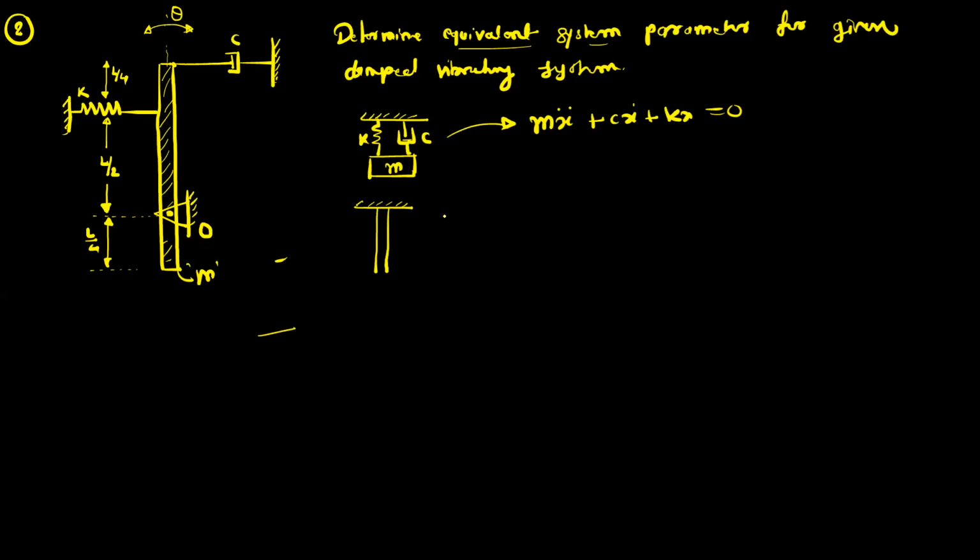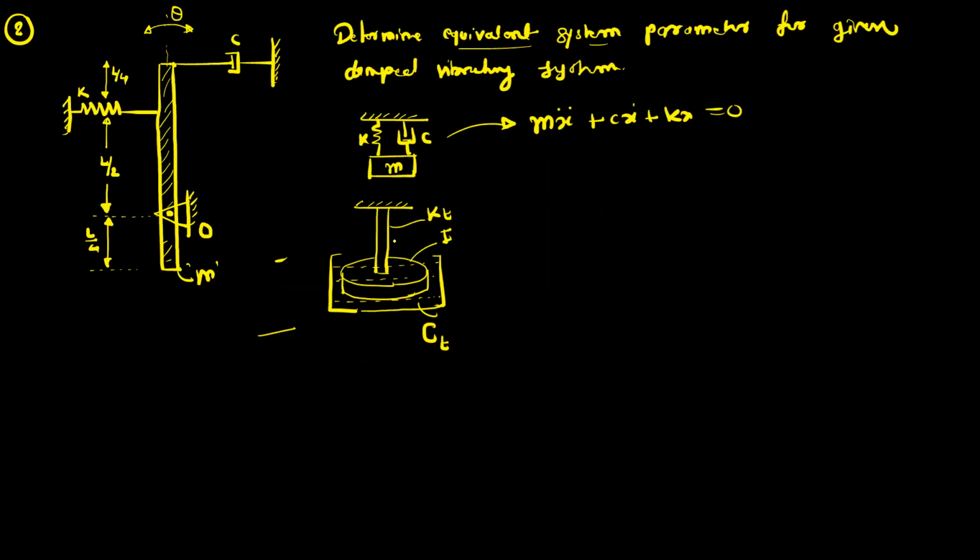So this is one shaft. It is fixed at the one end. At the other end, a disc is connected having the mass moment of inertia as I. This rod is having the spring constant kT. And there is one viscous damper. This damper is having the constant C, or this is CT. So this is the torsional system or the rotational system.